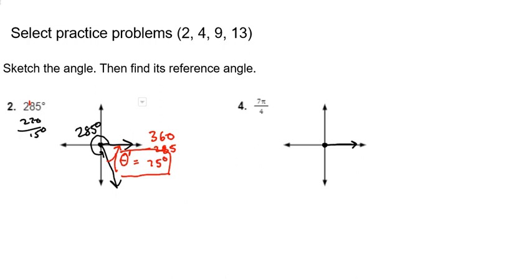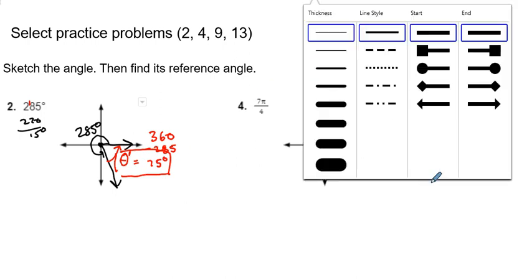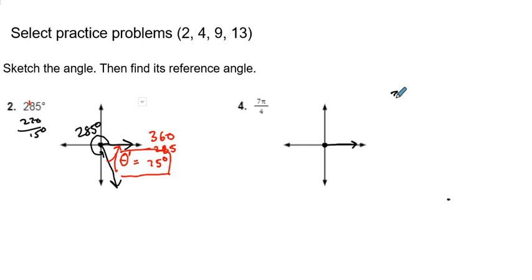All right, so for number 4, first of all, we are going to convert to degrees because we have 7 pi over 4 radians. So we know that there are pi radians for every 180 degrees. We put that on the bottom, so your pi's will cancel and your radians will cancel. And then let's cross off any stuff we can cross off. So 4 goes into 180